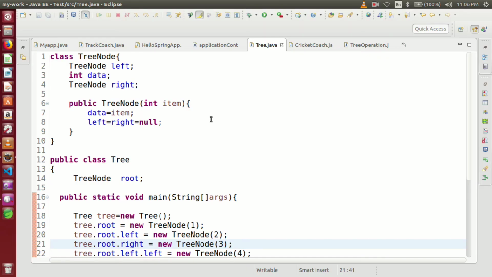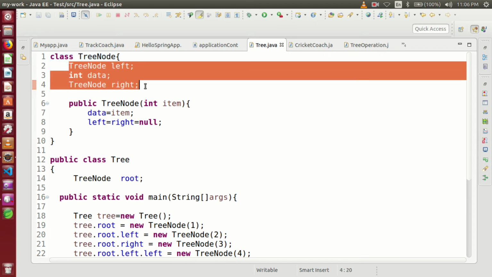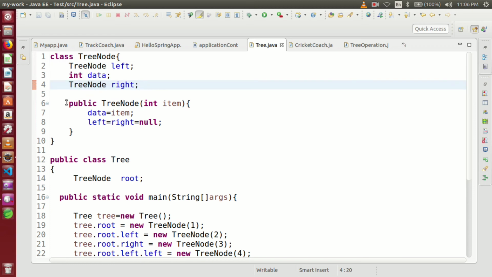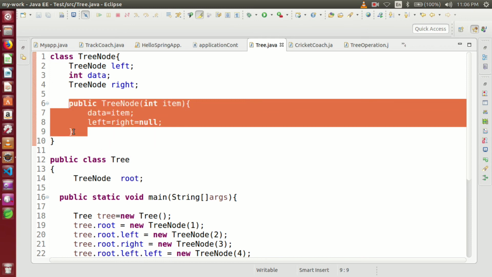Now let's see how we can create a binary tree in Java. First we need to define our node structure. So we have created one class, TreeNode. Here we have taken one pointer left, one pointer right and one data part. After that we have defined one constructor. In this we take data and assign left and right to null initially.